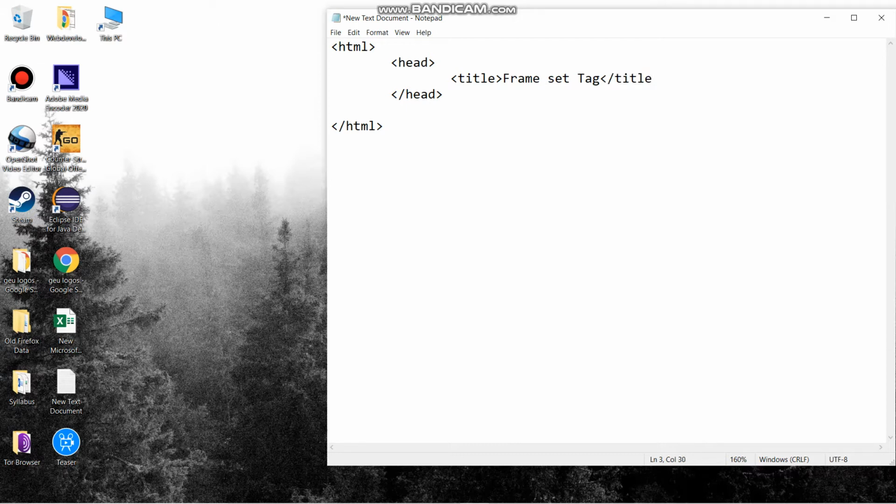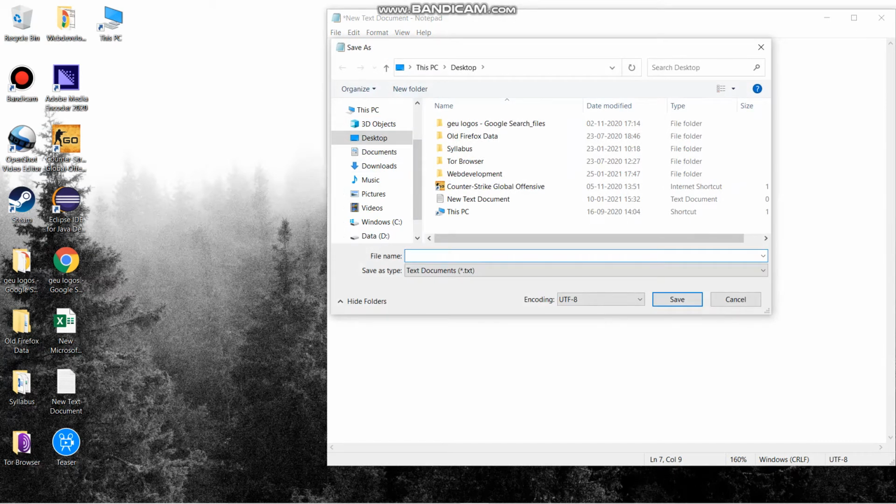After head, the second section is body, and body closed. Now let us save it with the name default.html with double inverted commas, and now save.